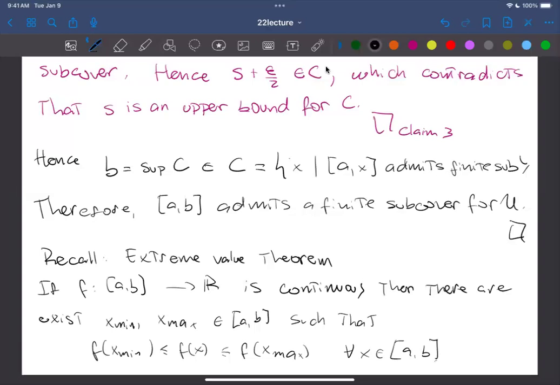Yes, I have a question. I kind of get the general idea of this theorem because the way I think about it is that